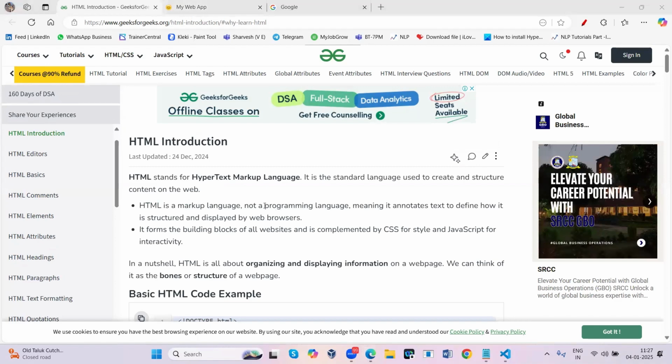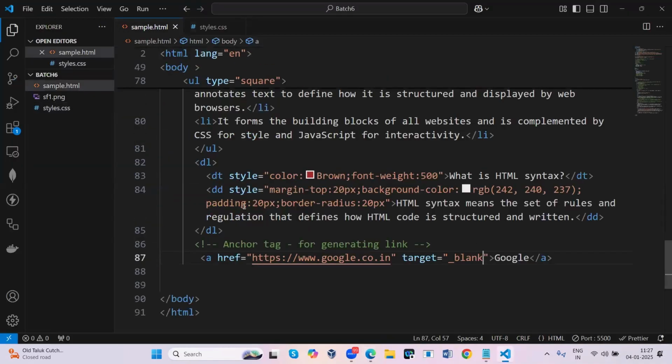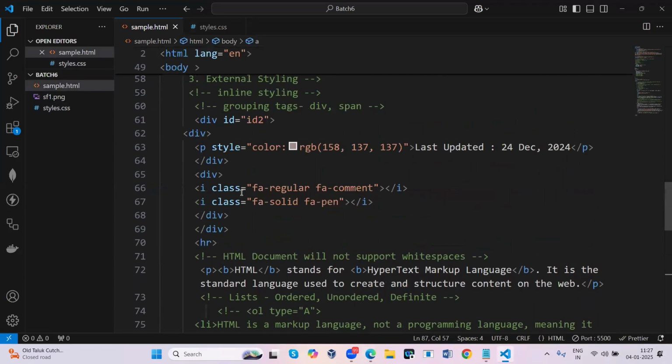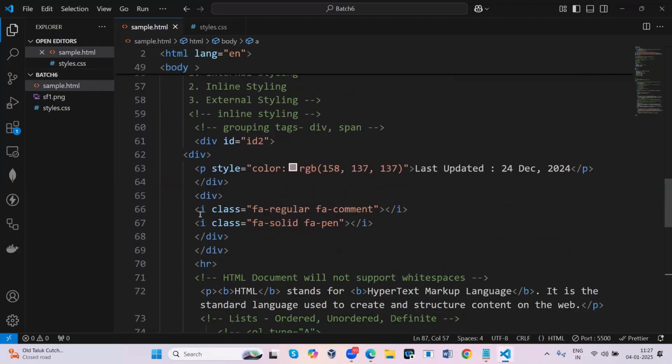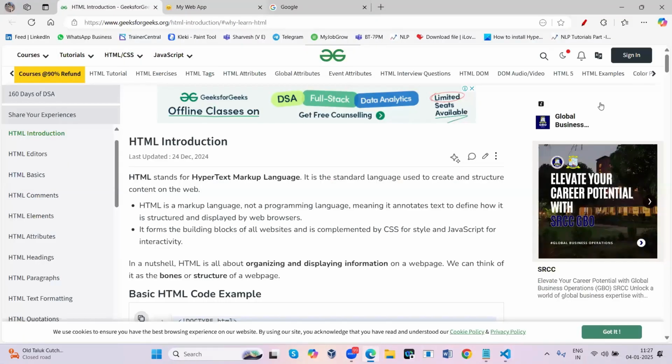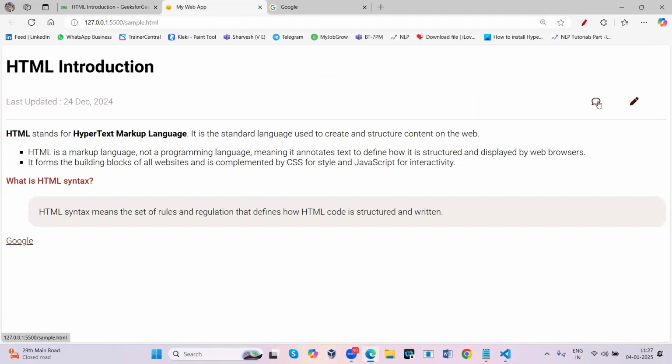Come to the documentation, HTML. Where is your link? Where are your I tags? Here are your I tags. Just keep this I tag inside the anchor tag. So just provide an a tag, that's it. Write the opening tag, then the I tag, and close it with the anchor tag. Similarly, here also you put it like that, and end the I tag with the anchor tag. Now you come back to your browser and see, when you move, your icons are also coming like a link.